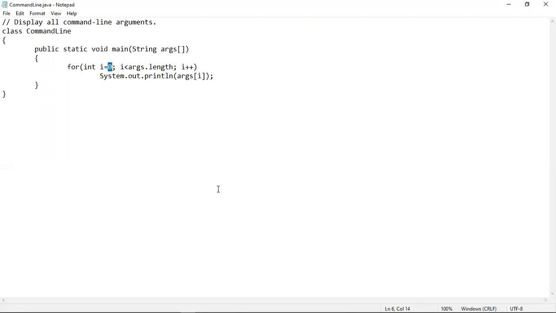So as we want to take the args[0] element also and display it, we have taken the initial value of the loop variable as 0, and I will loop till args.length. Now this length keyword, I have already explained it to you while explaining arrays, that length is a keyword which works along with arrays. It will compute the length of the array.